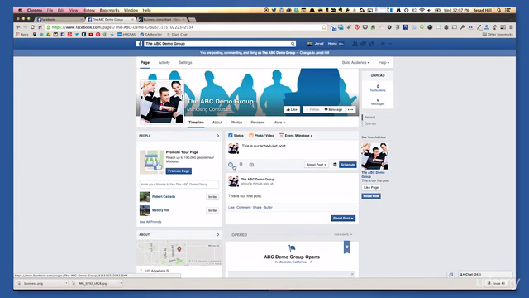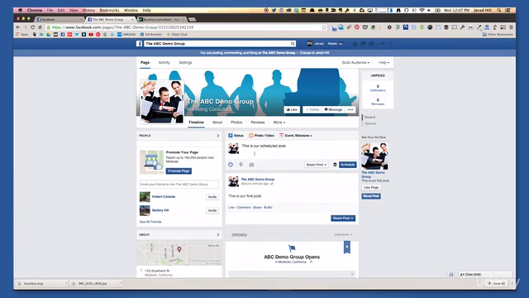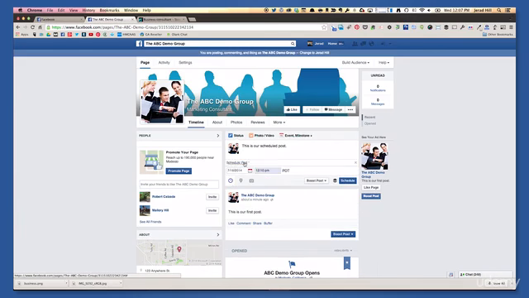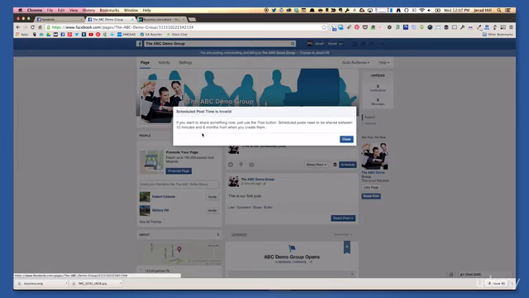Notice that little clock is live right here and lit up so that it knows that you're actually going to be scheduling a post. Notice that you can actually backdate posts. The only reason that you would want to do that is if you wanted to fill in some information from past dates. That is a newer option to Facebook, being able to backdate posts. But keep in mind, when you backdate a post, you're putting it back before things. And so when you're putting a post back down on your timeline, people may not see that post. So use that sparingly. So let's go ahead and click on schedule, and we're going to schedule that post.